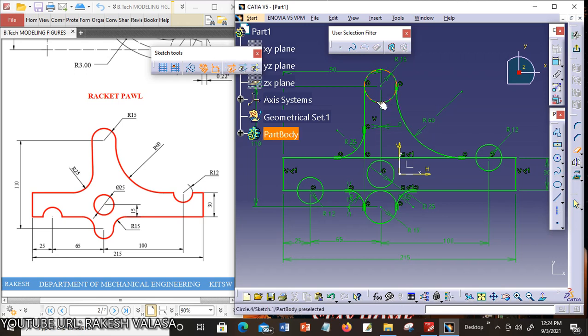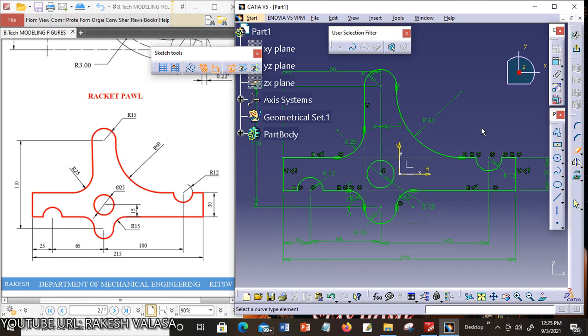Now you can choose the unwanted lines, this line and this edge, this line, this top circle and this diameter, this horizontal line, this curve, next this bottom circle. This is the final sketch for the given rocket ball 2D figure.